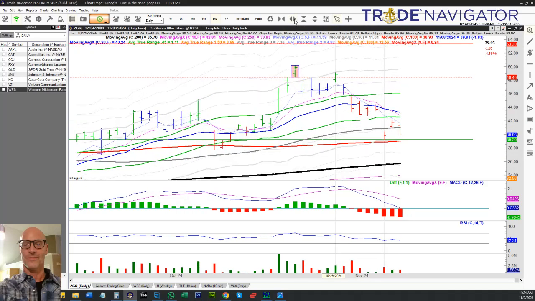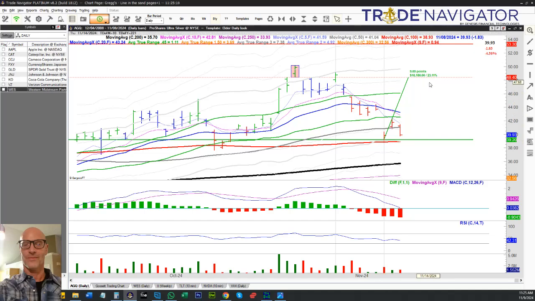And this one was great. It nailed that top on Wednesday. It hit my 4 ATR profit target. Remember, I'm risking 2 ATRs to make 4 ATRs, and it nailed it. That's the nice thing with this approach: you can have 2 losing trades and then 1 winning trade and you're even. But it's better than that because it wins more than 50% of the time in my experience. So this was a really nice trade on the abandoned baby,